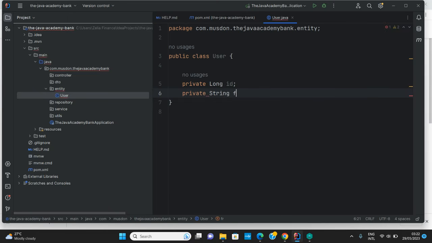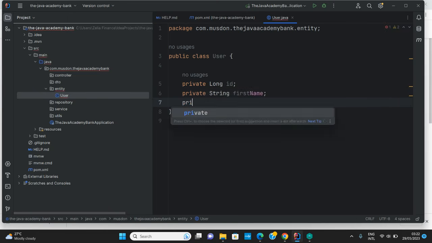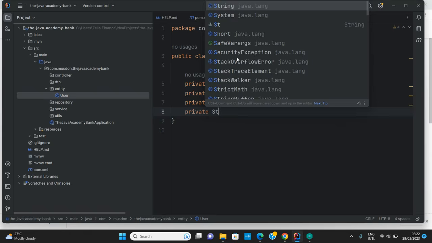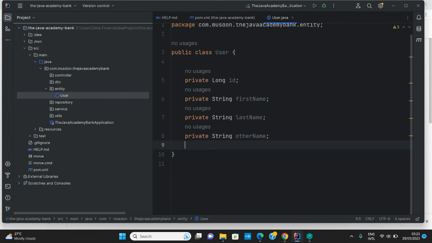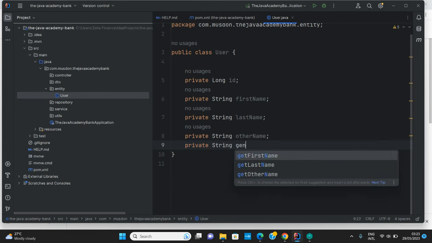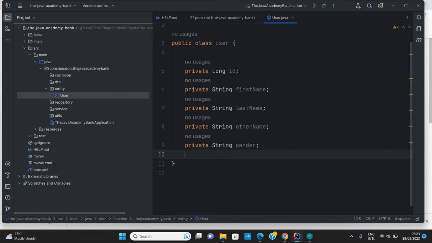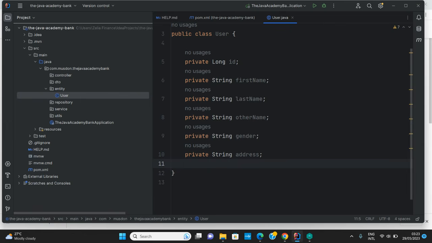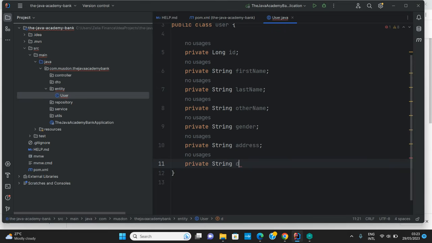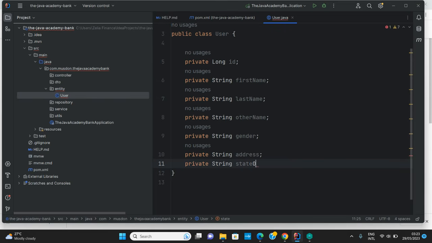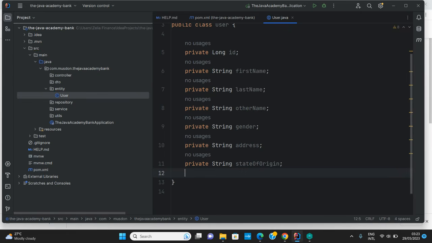string first name, private string last name, private string other name, and have a gender as well, and have an address, private string state of origin, and private string